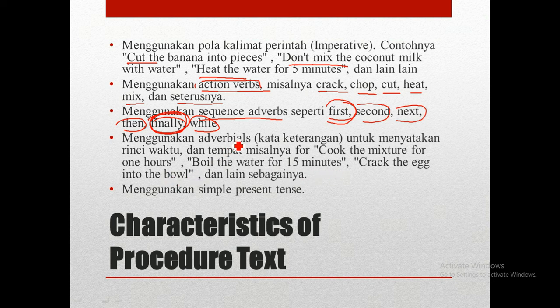Which one is the adverbial? The adverbial is this one, the time. This one, adverbial for the time, or this one, adverb of place. And the last one, using simple present tense. Next,